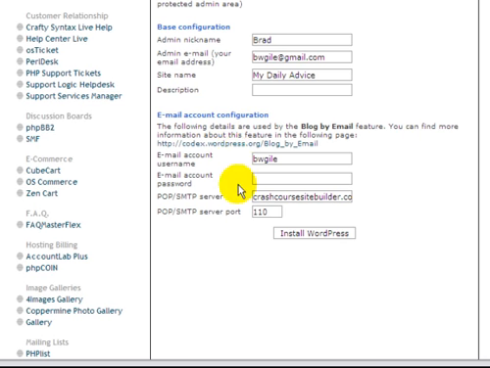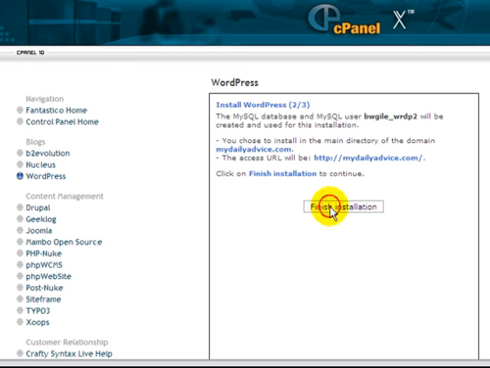Other than that, it's asking which email account do you want to use for this feature. So I'm just going to put in a password here. If you're wanting to use this feature, the password you would put would actually be the password to your email address that's located right here. So like I said, this is not my password. If you're going to use this, put in the correct password. Other than that, click on Install WordPress and then click on Finish Installation,